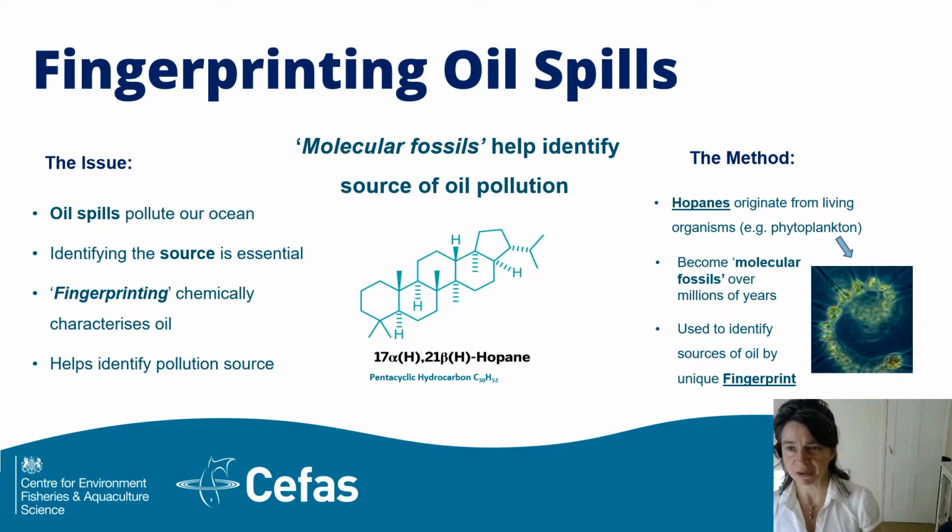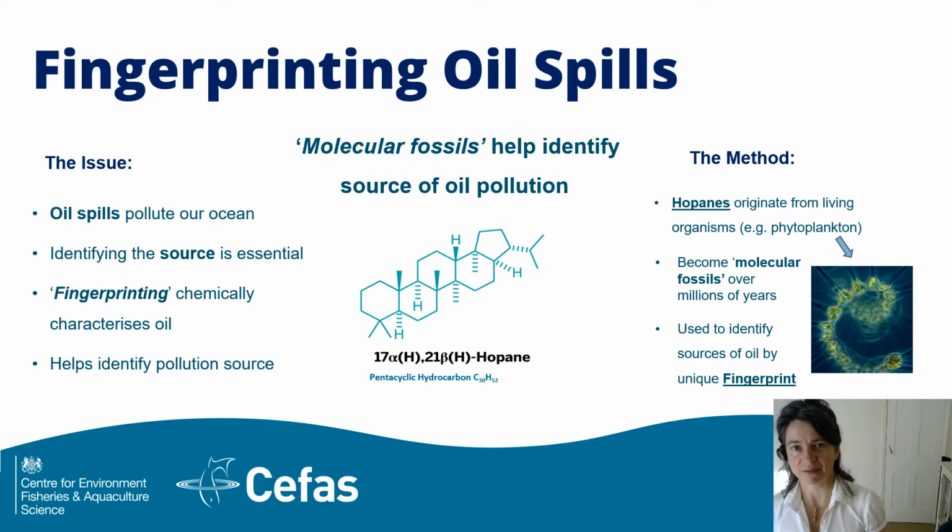So how do we do this? One way is to use compounds called the hopanes. Now, these originate from formerly living organisms such as phytoplankton, and over millions of years they become molecular fossils buried in sediment and ultimately petroleum. They're used to identify sources of oil by their unique fingerprint, and you can see an example structure in the